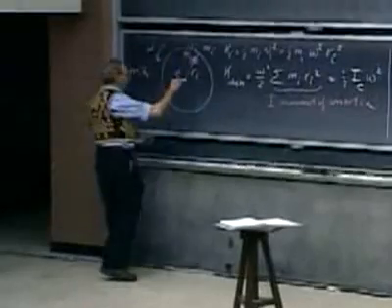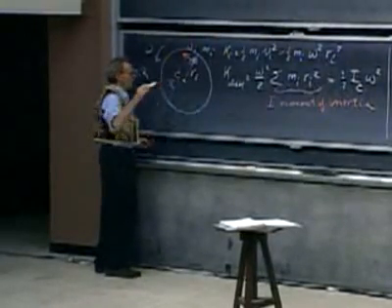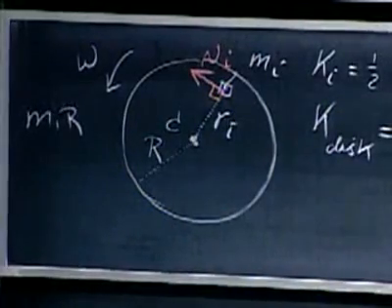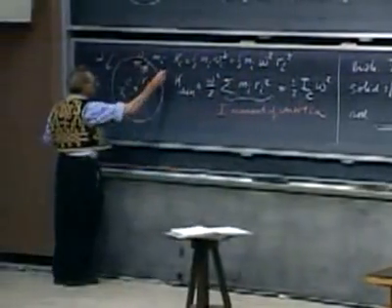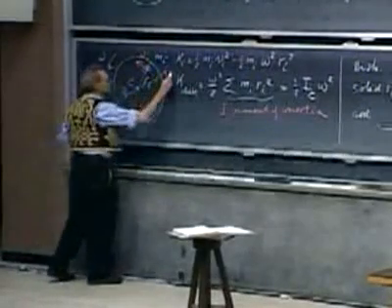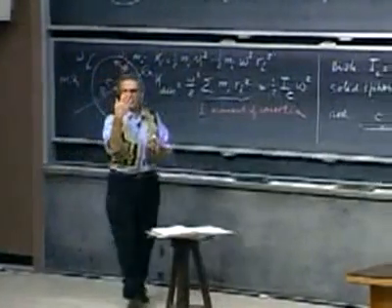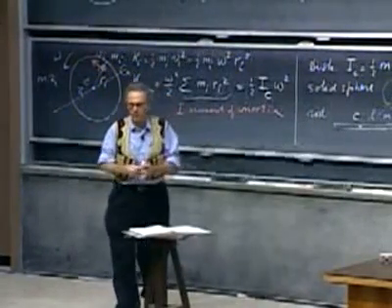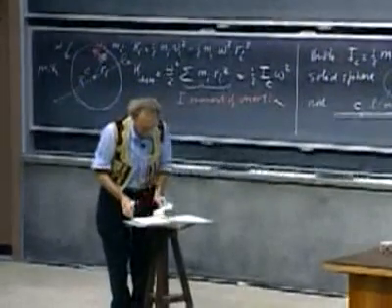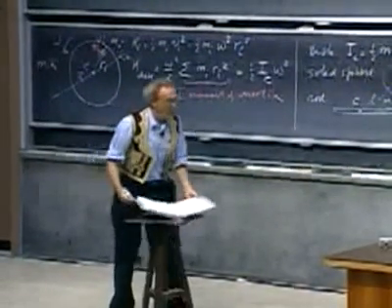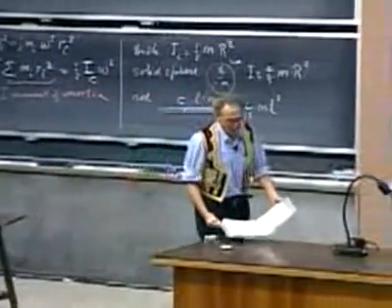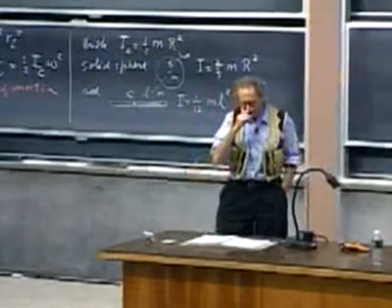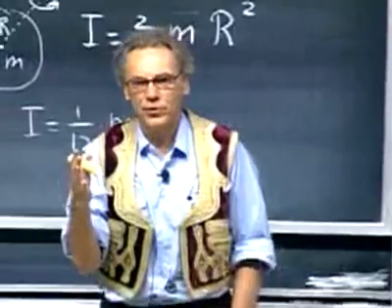So the moment of inertia for rotation about this axis of a solid disk is 1/2 m r squared. But it's completely different, the moment of inertia, if you rotated it about this axis. So you take the plane of the disk, instead of rotating it this way, you rotate it now this way. You get a totally different moment of inertia. And most of those you can find in tables. But not all of them. Tables only go so far. And that is why I want to discuss with you two theorems which will help you to find moments of